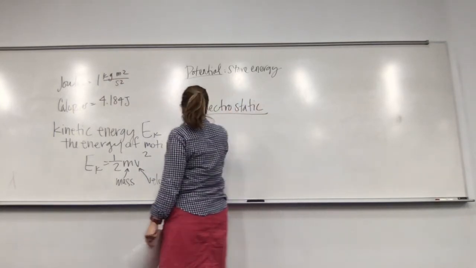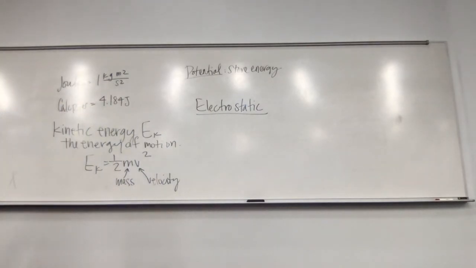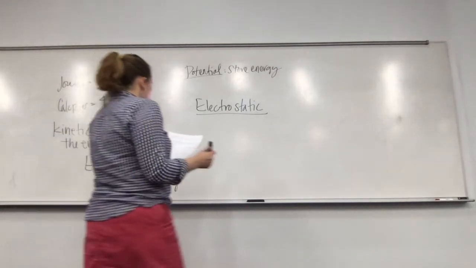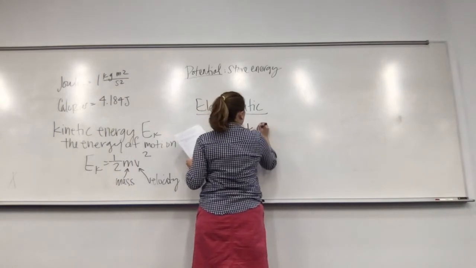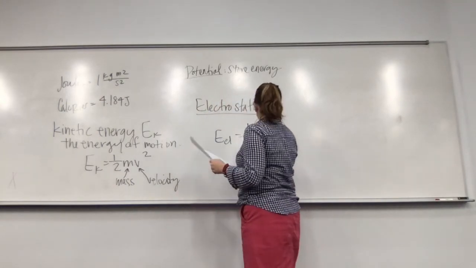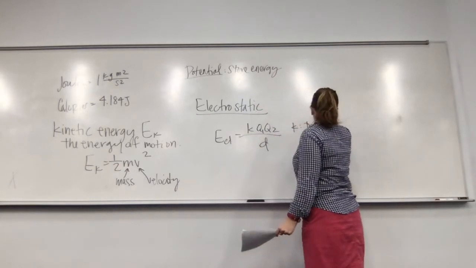Electrostatic energy is probably more important. We are almost never going to think about kinetic energy and potential energy this semester. We're going to think about electrostatic energy. This is the interaction of two charged particles. Opposite charges are attracted and have positive interactions. So E_el is equal to k Q1 Q2 over d, where k is the proportionality constant,